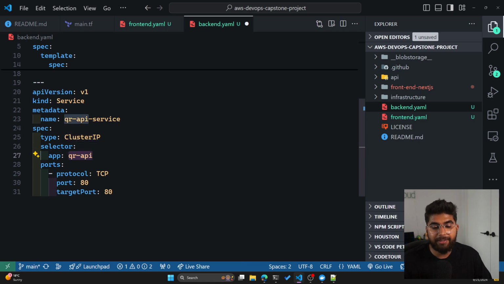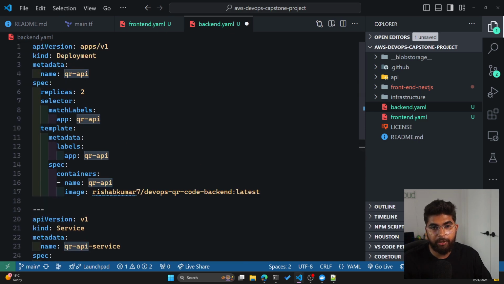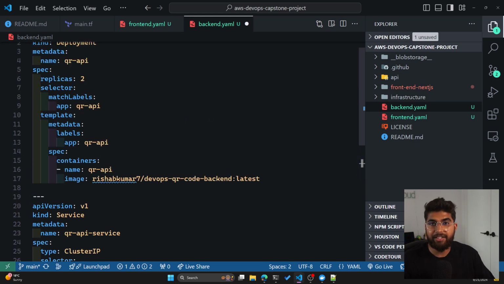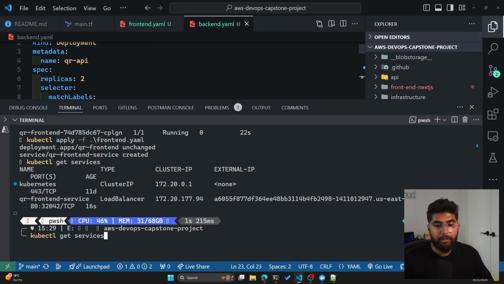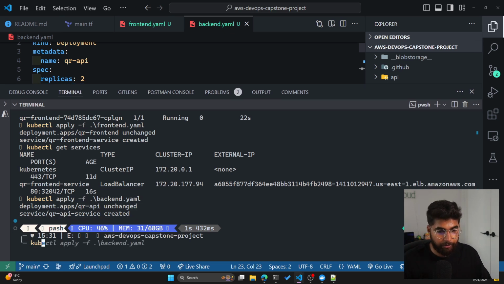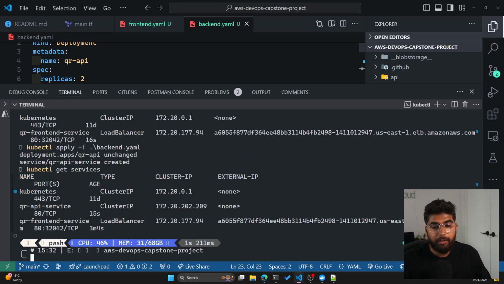The apps selector is set to QR-API because that's what we named the pods in the deployment. And for protocol, it's going to be TCP again, but the port that the service is going to listen on is 80. And also the target port for this is 80 because I know that my FastAPI utilizes port 80. So I'm going to do Control S, open my terminal again, do kubectl apply -f on the backend file, and same thing is going to happen. The deployment is unchanged, but it created a new service. Now, to verify, we can do kubectl get services,